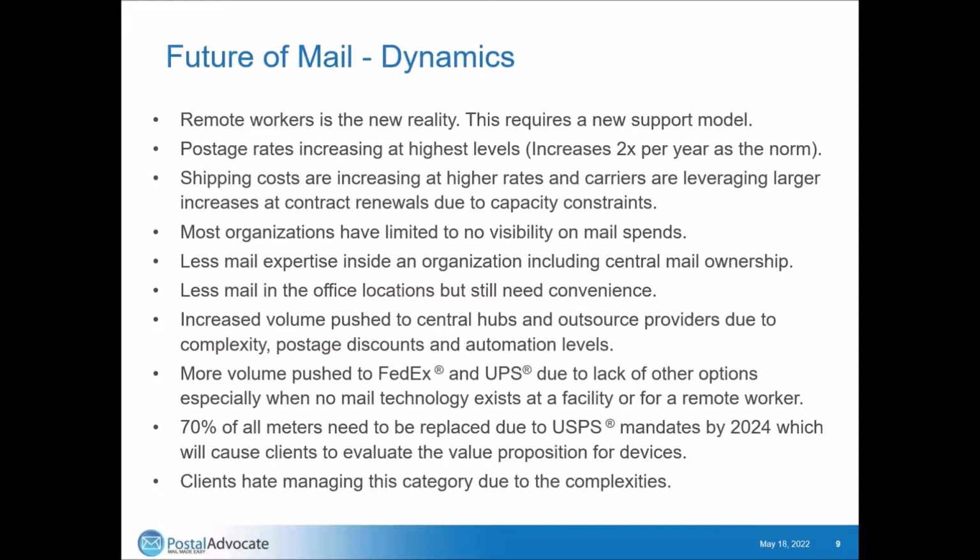So a lot of words here, but I want to talk about what are the future dynamics of the mail and shipping industry. And these are the things that we're all working against. Or working with, because they're the new reality. So remote workers are the new reality. This requires a different support model. Most companies are not sending people back to the office 100% of the time. People are still going to be working remotely because people like it. And there's a different support that requires to make sure those users have the right tools to be able to